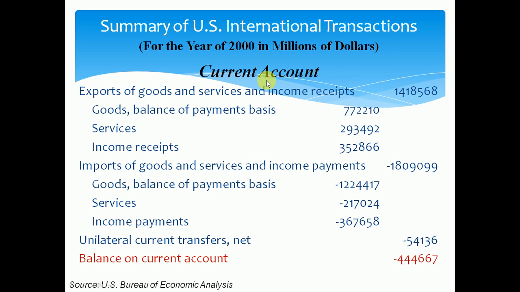Now see this, they are showing the current account. First, exports of goods and services and income receipts, because for exports you are receiving income. So they received income of this much,